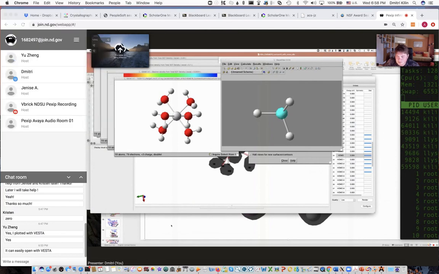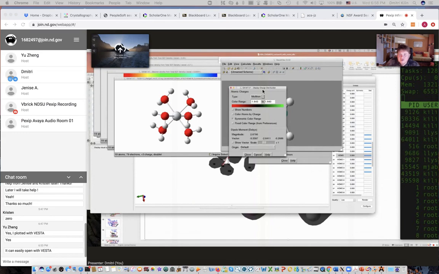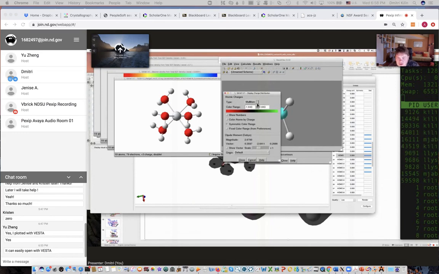Okay, so if you select charge distribution, you will get this little menu that gives options. The first option is Mulliken, shows color range, and then you just